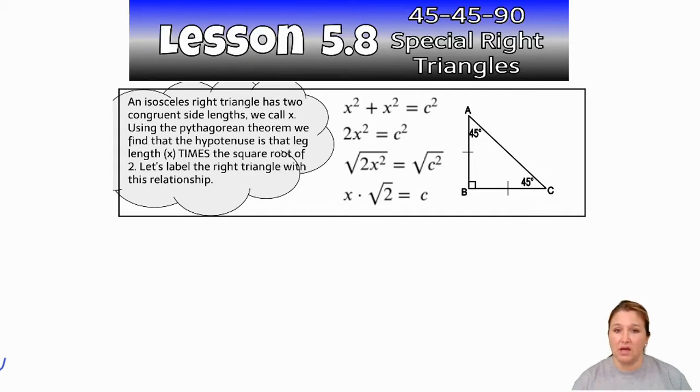So if we have an isosceles right triangle, two sides are the same, and the base angles have to be the same. That's just the definition of isosceles. Then basically what we have is